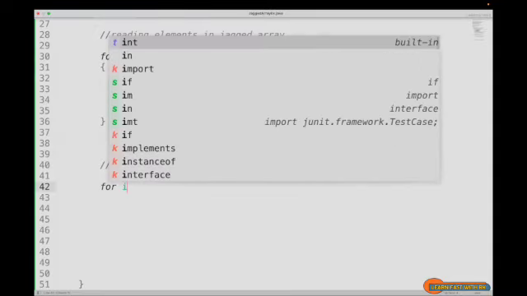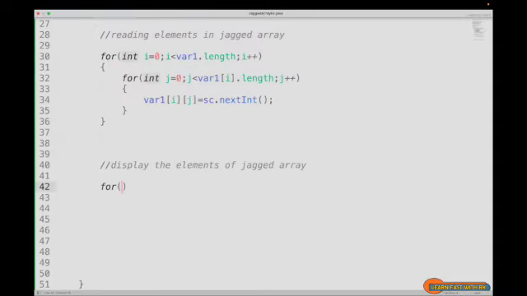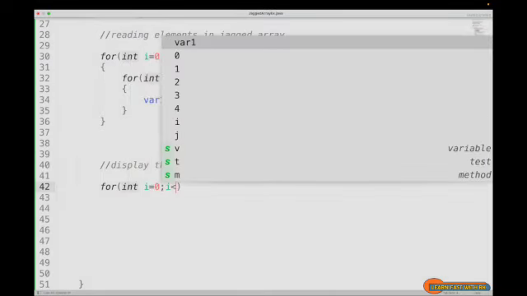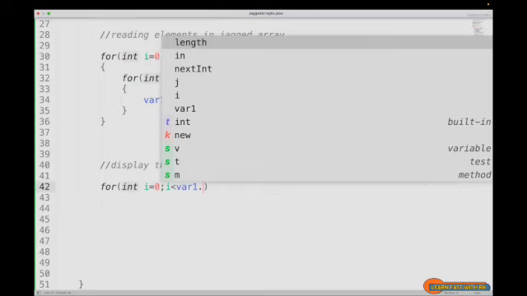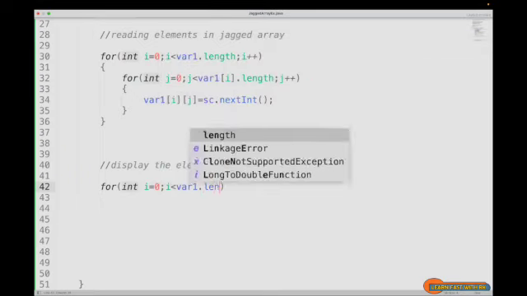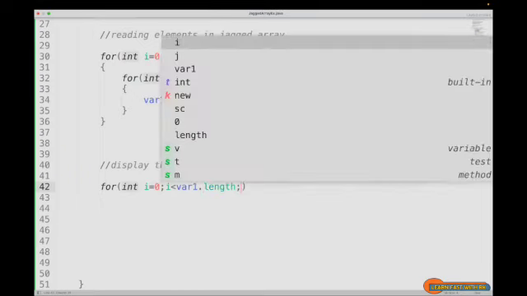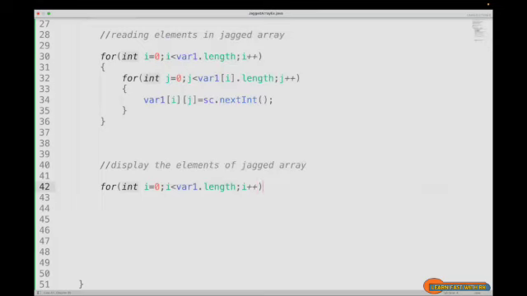For int i is equal to 0, i less than, you need to refer to the number of rows. How can you obtain the number of rows? arr.length. Okay, then i plus plus. Next, after this,